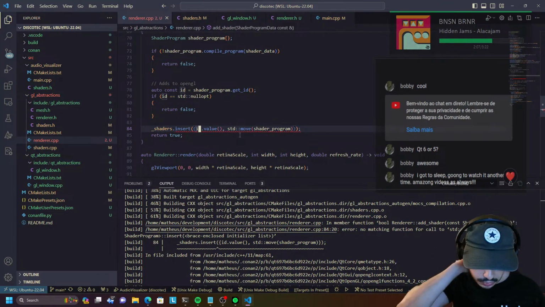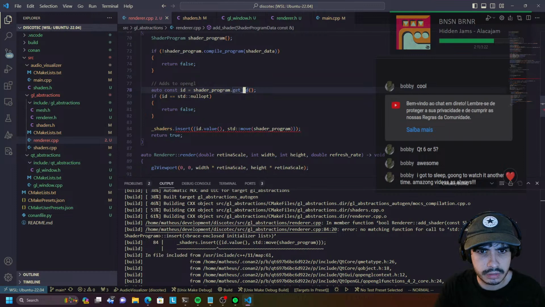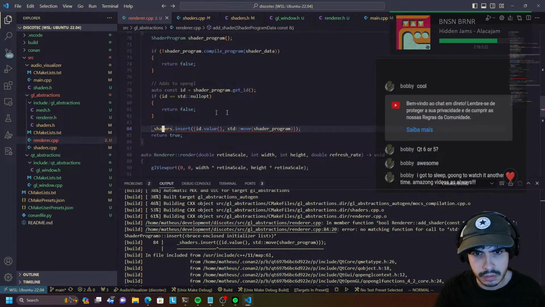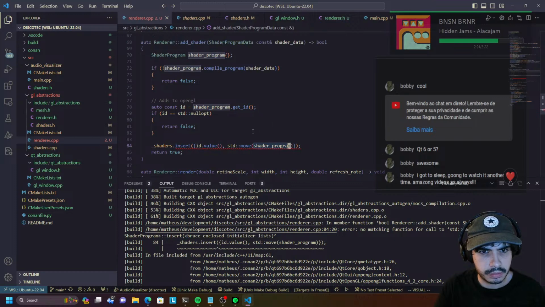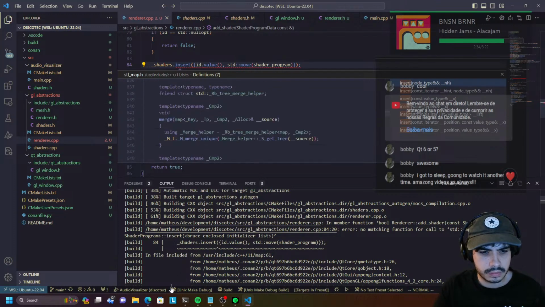Why is this not being deduced properly by C++? I don't know. So what is ID? ID is shader program.get ID, and that type is unsigned integer. What are shaders? Shaders should be unsigned integer to shader program as well. And we're simply just moving that program in there. And what does insert take? Insert, no type, and